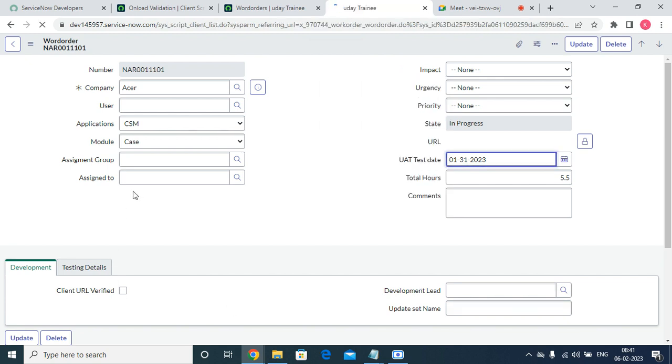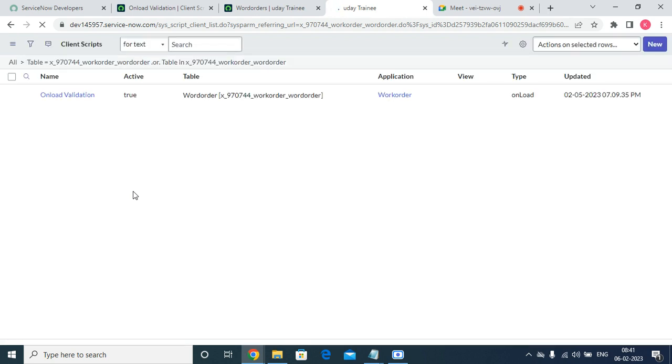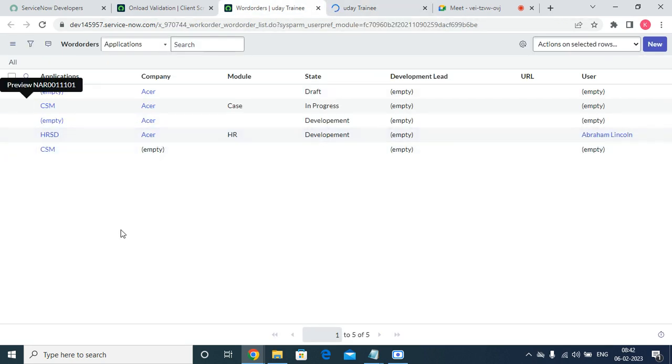So the requirement here is simple: whenever the form is going to submit,